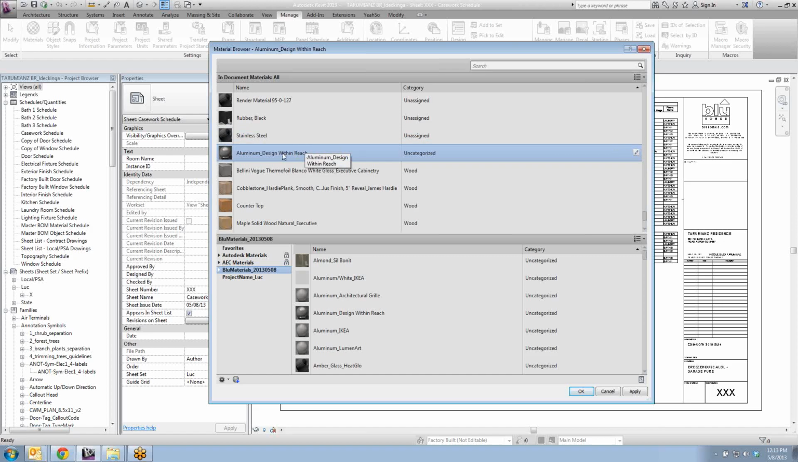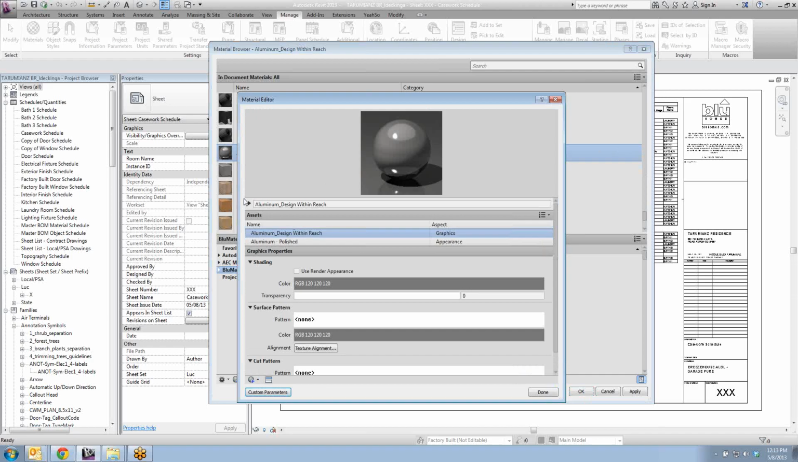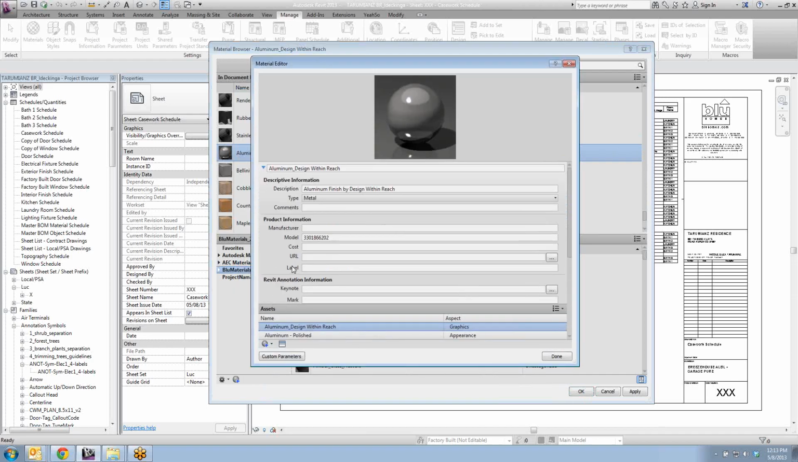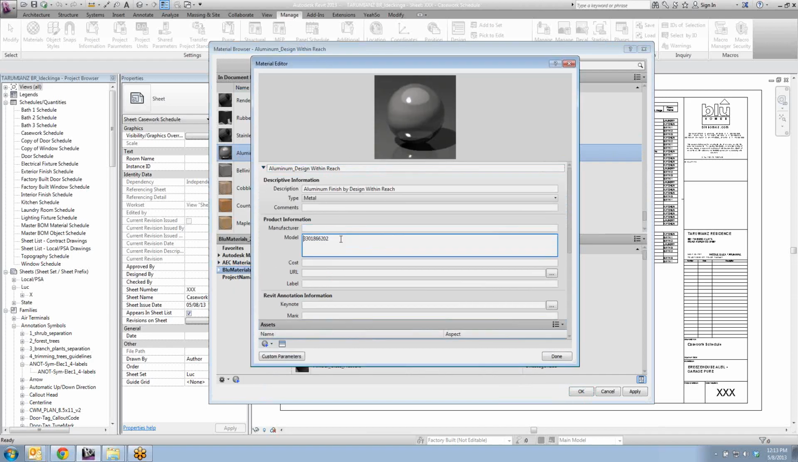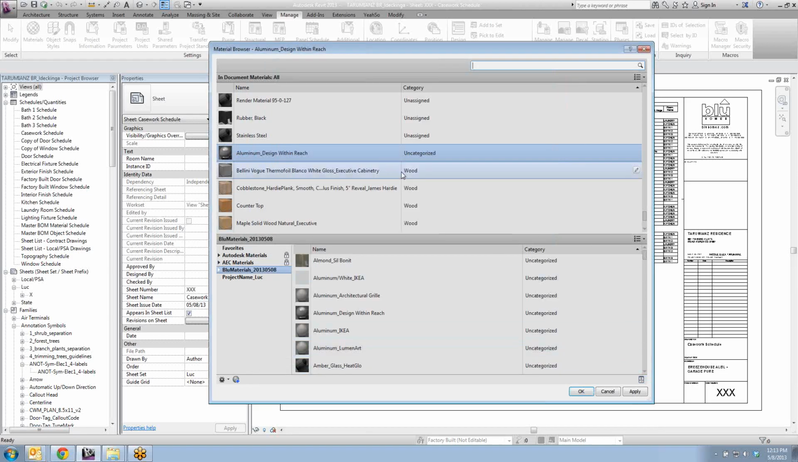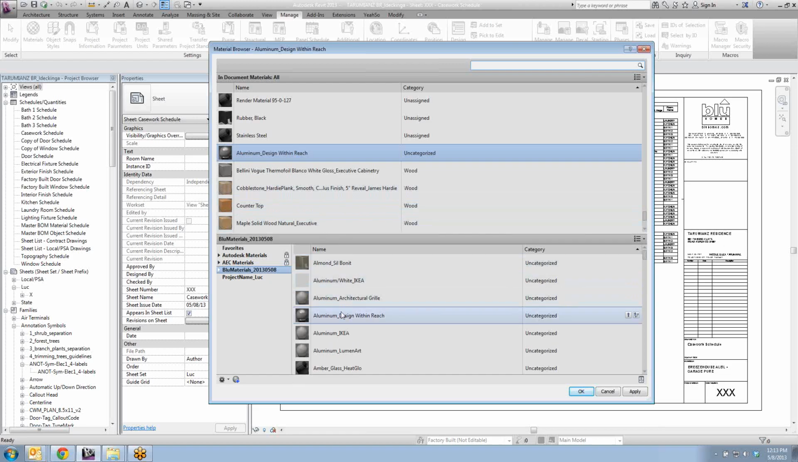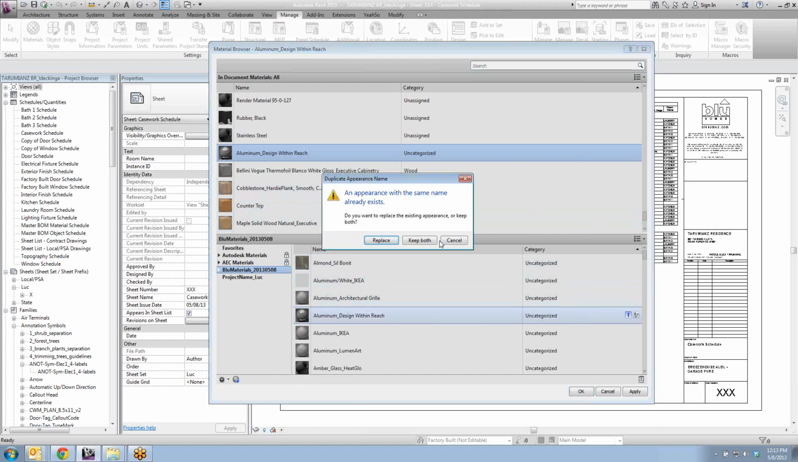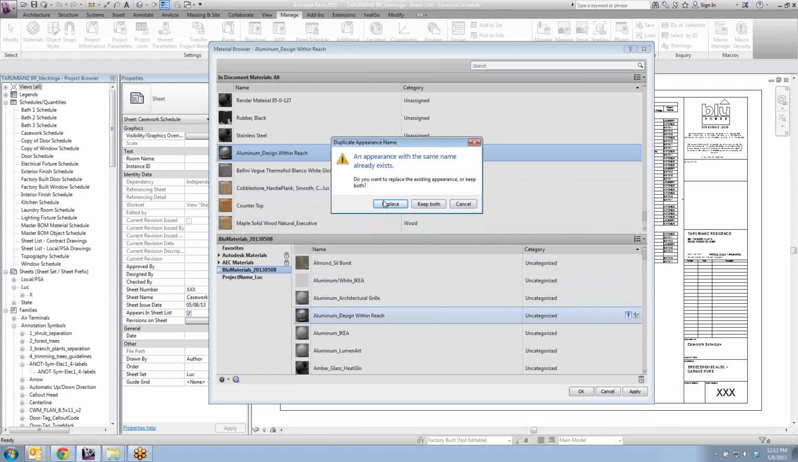So let's do that real quick. Let's modify this one just as a demonstration. So again, here's all of your BOM information. Let's say I had an older version of this material where the BOM number wasn't inside of it. So now that's an old material, and I want to move the new one from the blue materials up here. So aluminum design within reach, move that up, and it gives you the option,